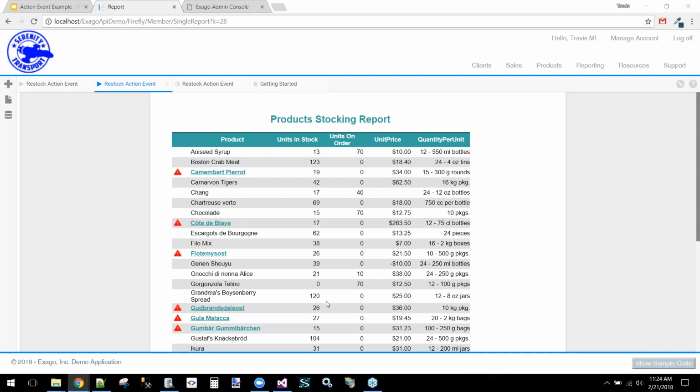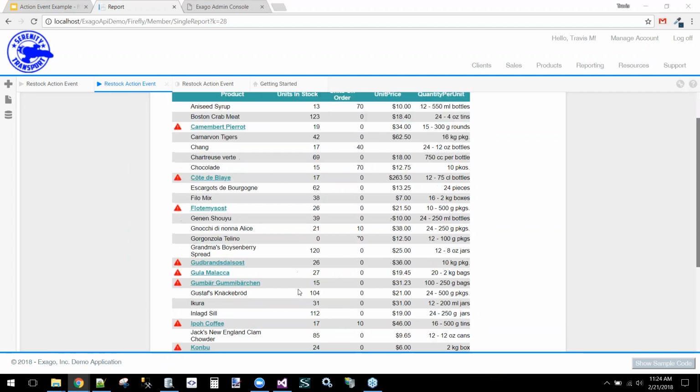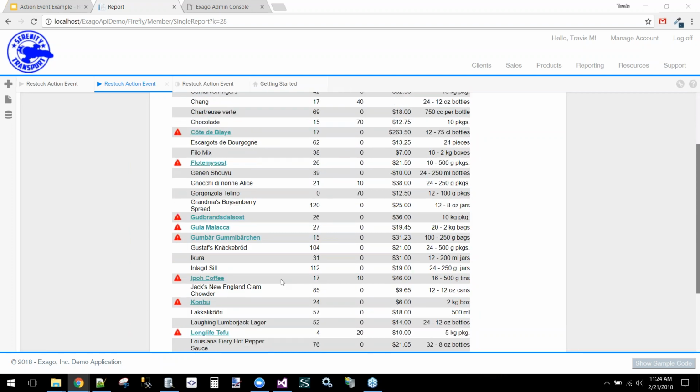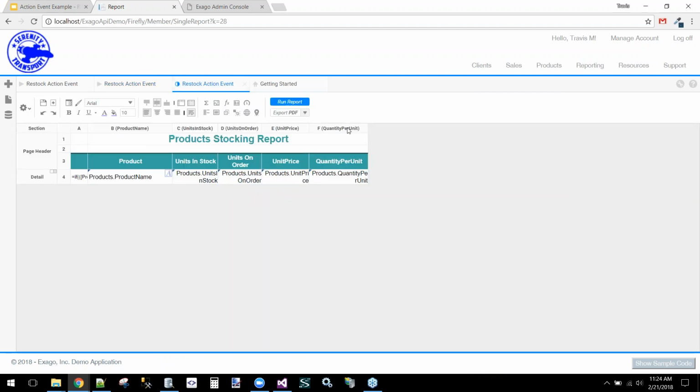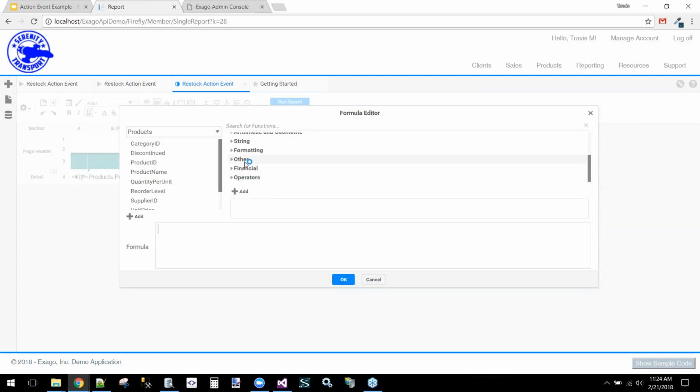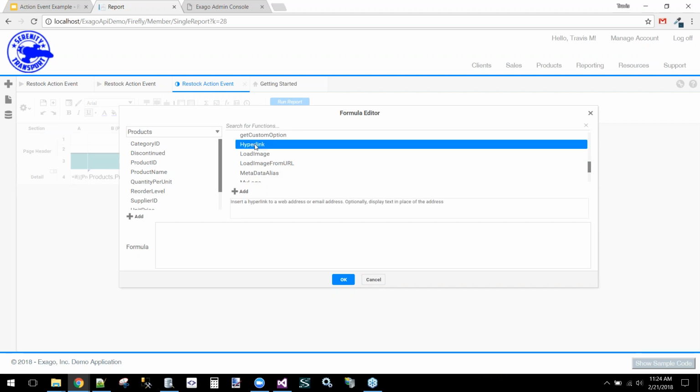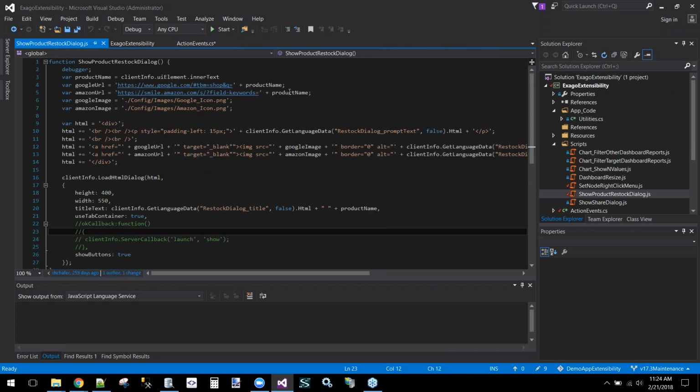Okay, well, let me just mention, a great question came in, which is, how does this differ from, say, using a hyperlink function? So let me just jump in here and show. So in our formula editor, it's a great question. Under other formulas, we have our hyperlink function. And the hyperlink function lets you specify a URL and some display text. So if you wanted to, say, take one of the URLs that we had previously, so let's grab the Google one this time,